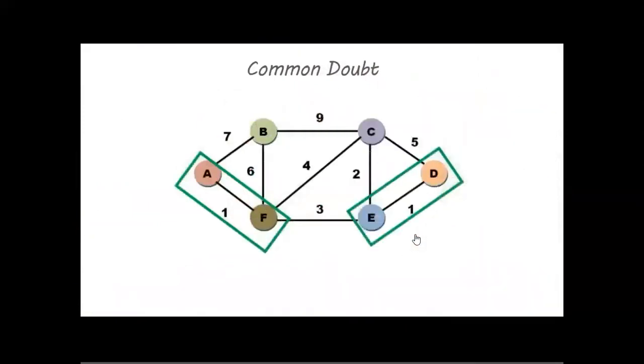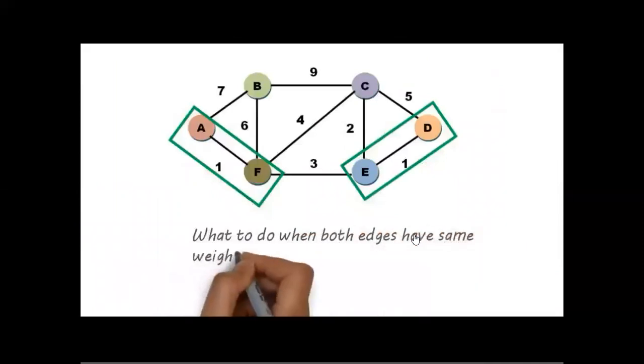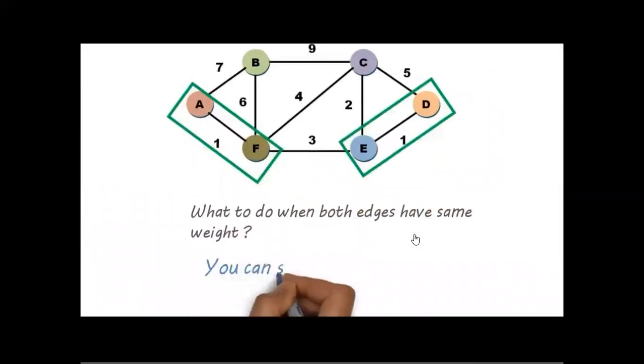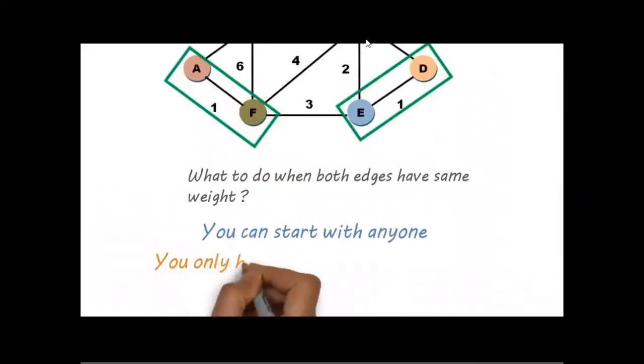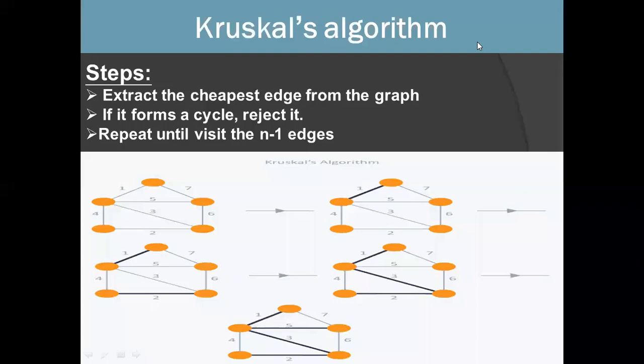There is a common doubt. If two edges have the same weight, you can start with any one. Mainly concentrate on not forming loops. These are the key elements in Kruskal's algorithm. It starts with each and every vertex of the graph and adds the smallest edge that joins the two trees as a whole, visiting every vertex. Mainly it is suitable as all the edges and vertices are simultaneously taken into consideration.